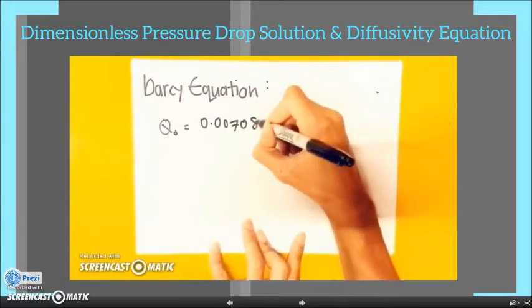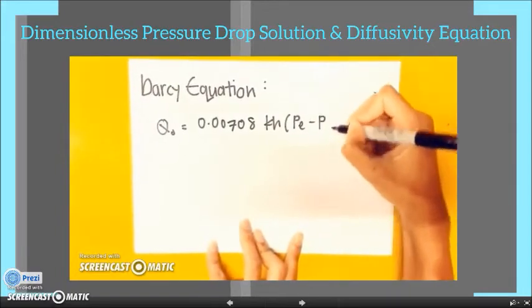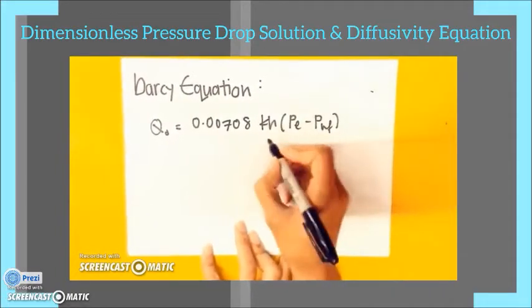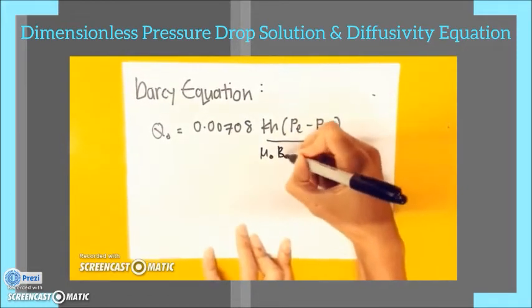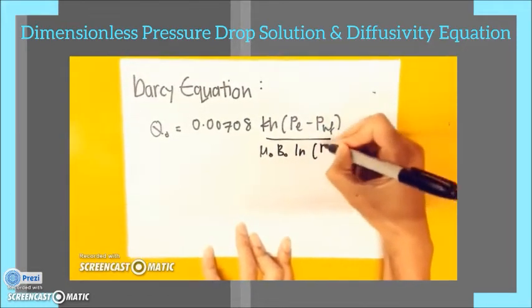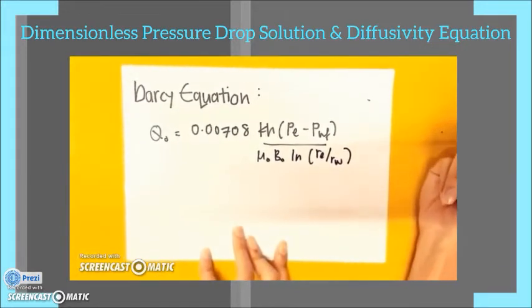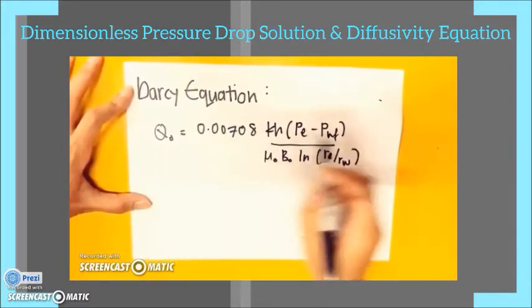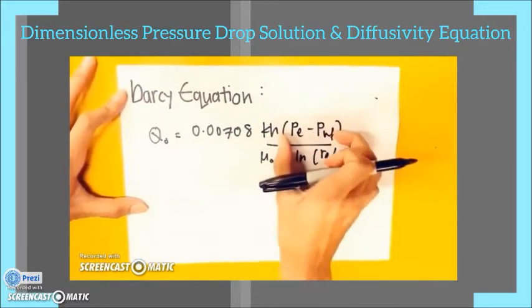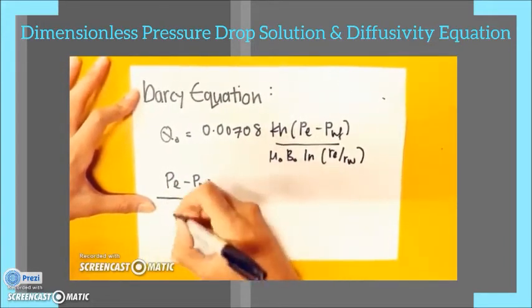Today, I am going to introduce you to the concept of the dimensionless pressure drop solution by using Darcy's equation. So we all know that the Darcy equation is Q naught equal to 0.00708 times kh and the pressure drop, pe minus pwf, divided by mu naught B naught ln re over rw. Rearranging, we get pe minus pwf divided by Q naught B naught